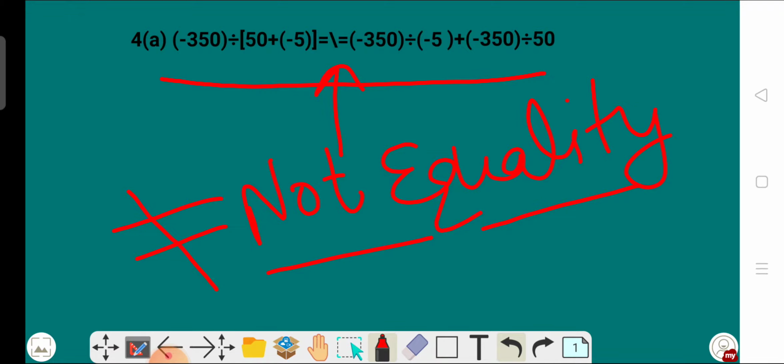Now we have to prove that the left hand side is not equal to the right hand side. Firstly we will solve our left hand side and then our right hand side. We have to solve them one by one and then check whether their values are the same or different. If their values are different, then we can say that we have verified question A. To verify this,